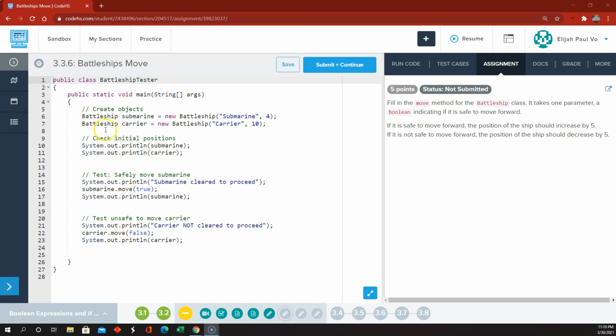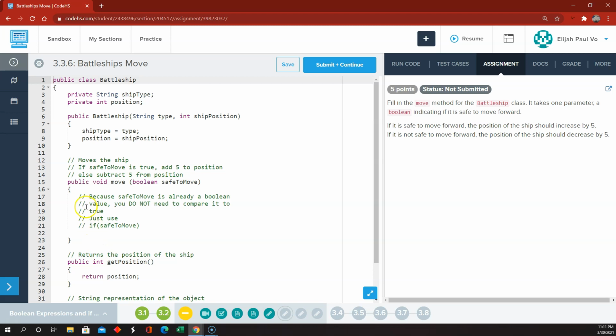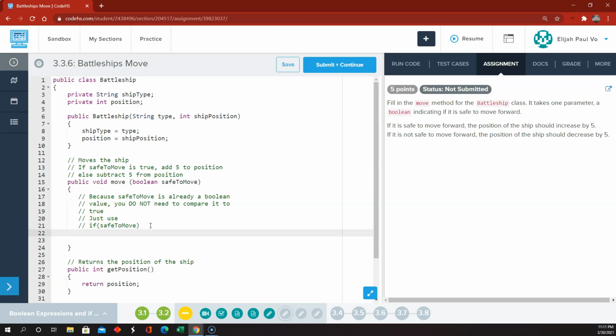They're testing different battleship objects here, but they want us to complete the move method in the battleship class. So if we switch over to the battleship class, the move method doesn't have any code in it. So we're just going to say if safe to move,